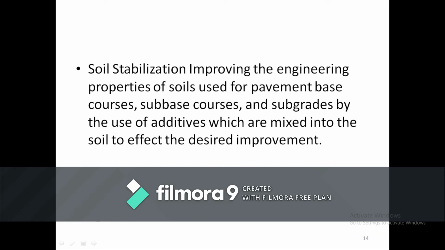Soil stabilization is important with respect to engineering properties, mainly in road design or highway engineering projects, where it is necessary to change the base course, sub-base or subgrade properties. For that reason, we generally take up all these things.